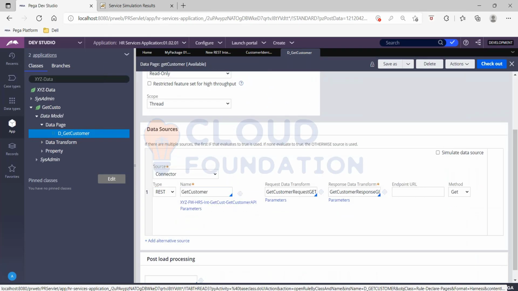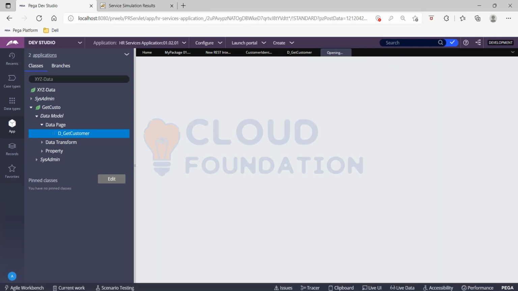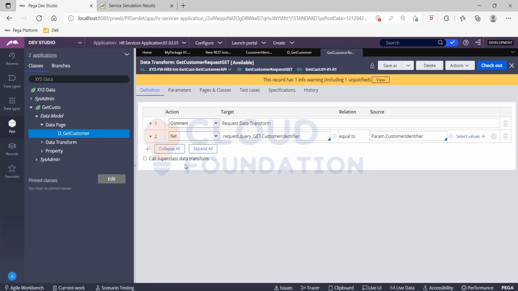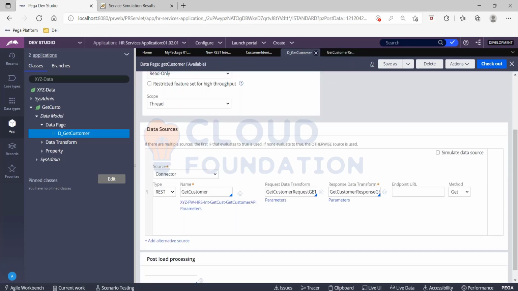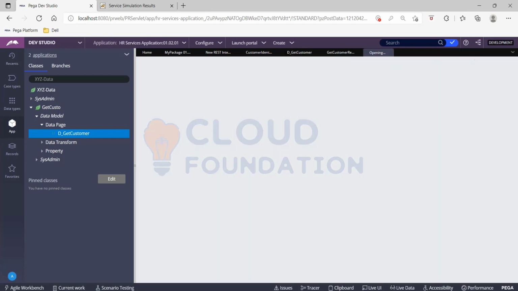There is a connect REST called get customer, which is created. Right? So the connector that we have created is sourced to a particular D page, and the request and response data transforms are also configured. Right? Here you will see the identifier, the CID. Yes. So this is for setting in the customer identifier on the request parameter, whereas the outcome is for mapping